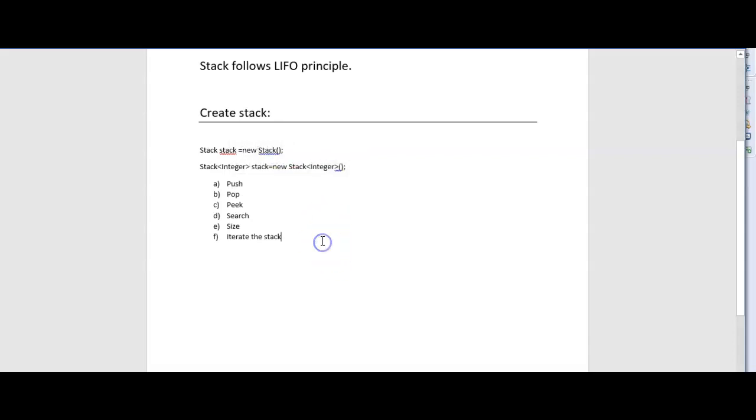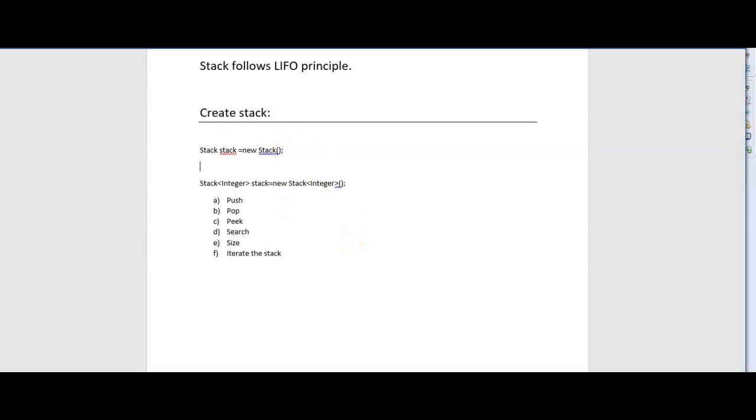So just by saying stack.push, okay, already we have the stack instance here. So I'm just saying stack.push of 10. What this will do? It will insert the element into the stack, okay, and what happens? It will insert from the topmost end. That means the integer 10 will be stored at the top of the stack.